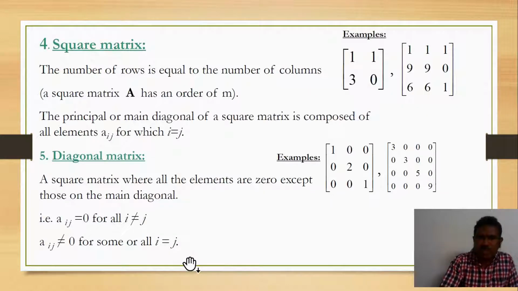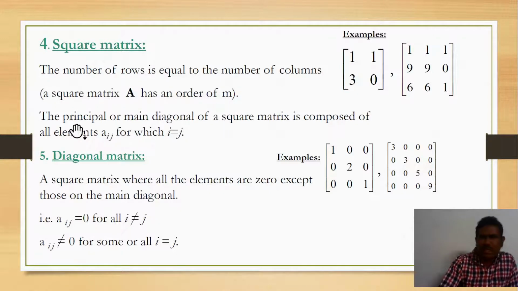Come to the next 2 points, students: square matrix. According to its meaning, as we said before in rectangular, there they differ, but here all sides are equal. That is why the number of rows is equal to the number of columns in a simple way. A square matrix has an order m. Why? Because commonly we can say order is m by n, but here m is equal to n. So that is why if we say order m or order n, it is the same.